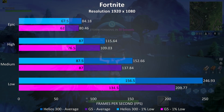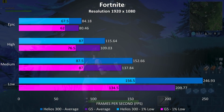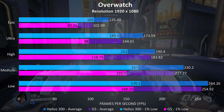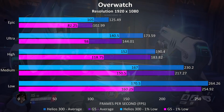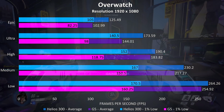Starting out with Fortnite, I was just seeing a 4% improvement to the average frame rates at epic settings with the Helios, although this difference increases significantly as we drop down in settings. Overwatch was tested playing with the bots, and epic settings with the Helios was performing over 20% better in average frame rates, but a larger 27% improvement to the 1% low,